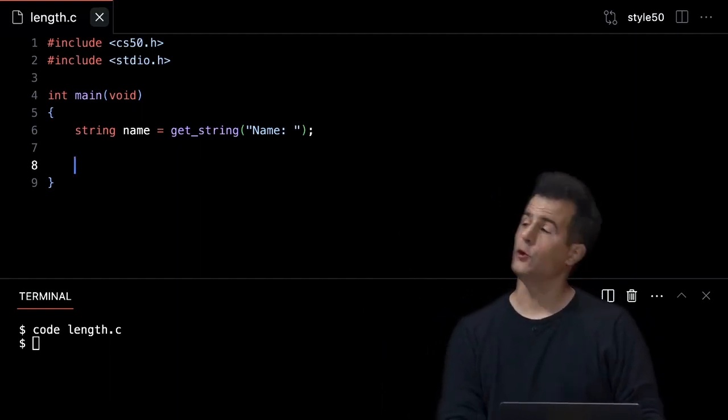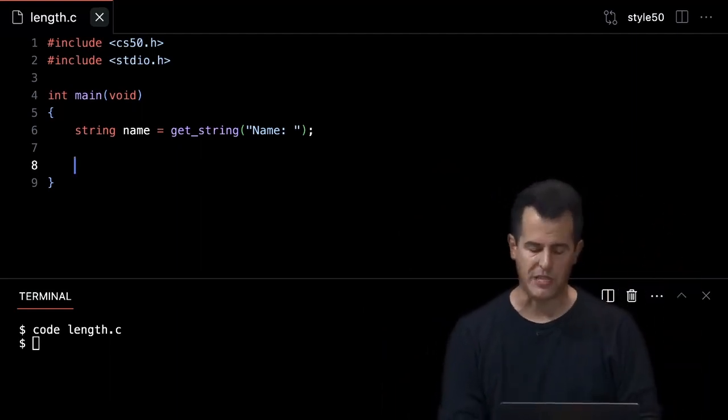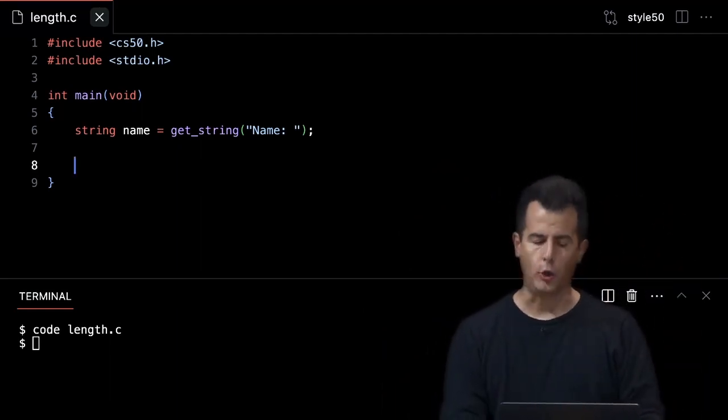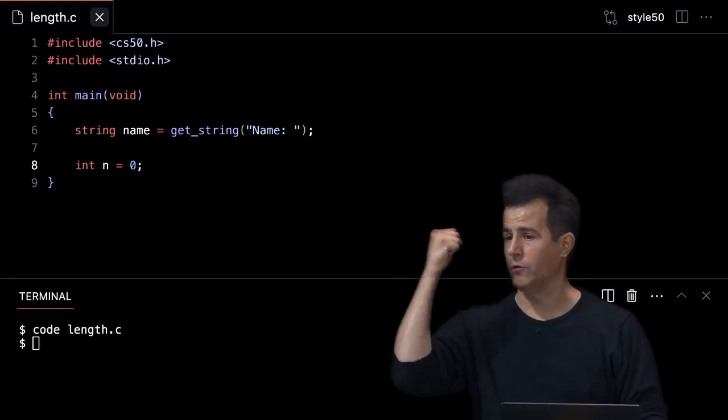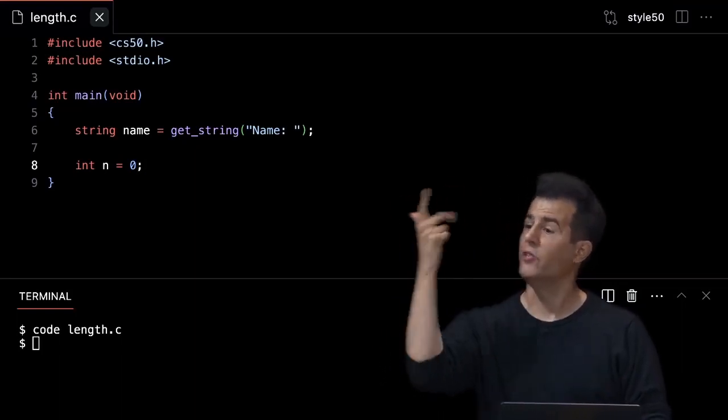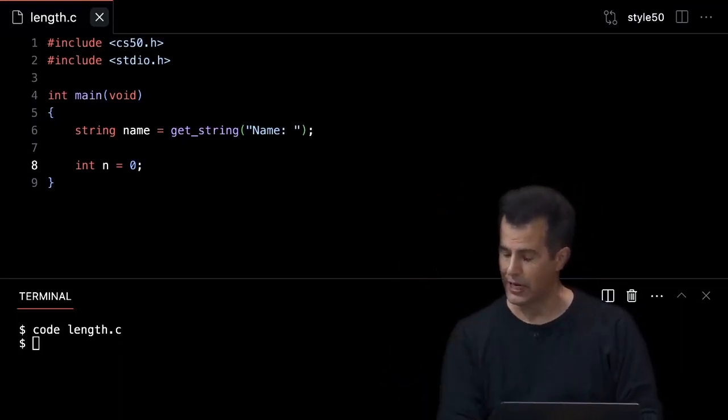And I can write this in a few different ways. I know a bunch of different types of loops now, but I'm going to go with a while loop by first declaring a variable n for number of characters, set it equal to 0. It's like starting to count with your fingers all down. And I want to do the equivalent of this, counting each of the letters that I type in. So I can do that as follows.